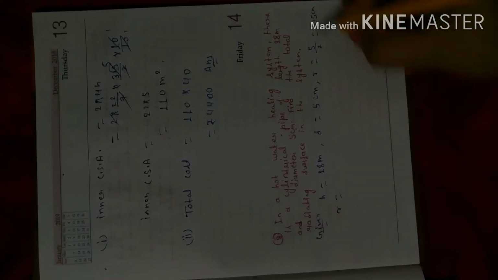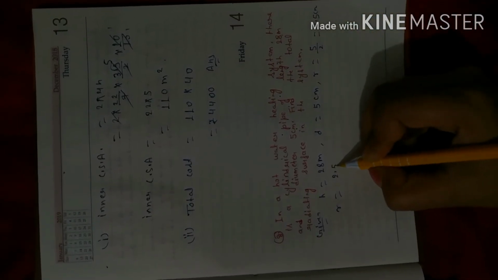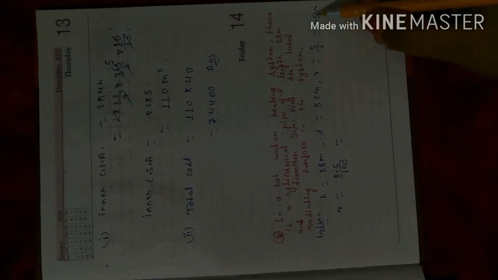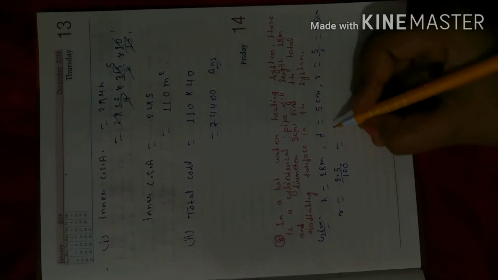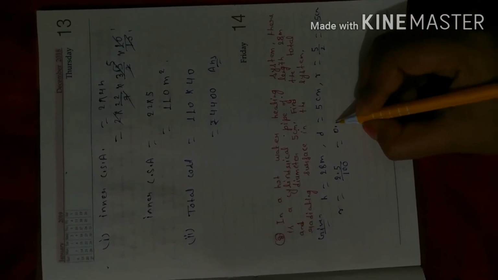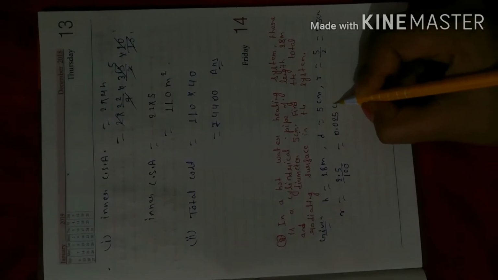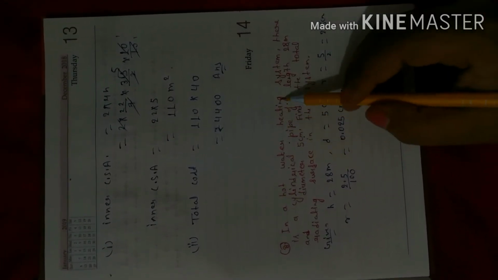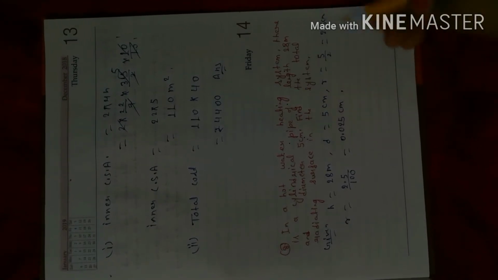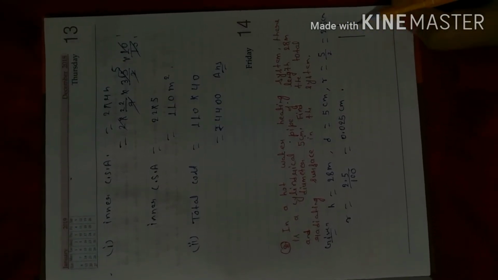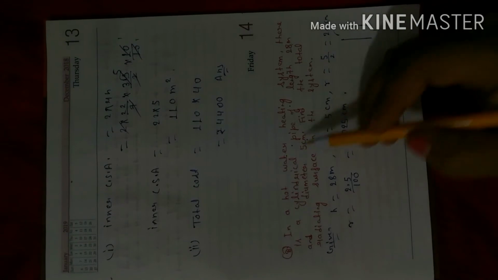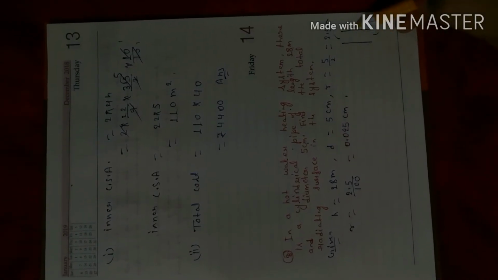If we want to convert centimeter into meter, then we have to divide it by 100, because 1 meter equal to 100 centimeter. So radius is 0.025 meter. Now, if you remember, you may have seen what a water heating system means. A water heater is generally in the form of a cylinder and it is open from the top and bottom both sides. So total radiating surface will be only CSA, curved surface area.